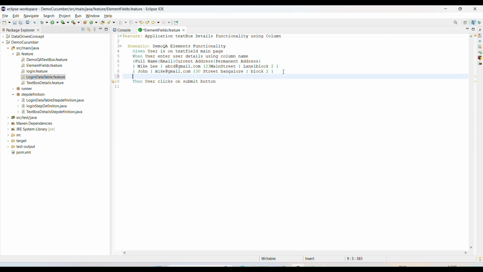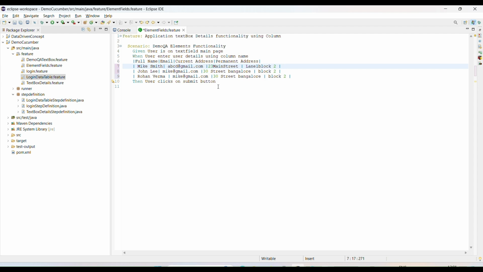You can use a different name, Rohan Jan, Rohan Verma, John Lee, Mike Smith, any other name, any data you want to enter.